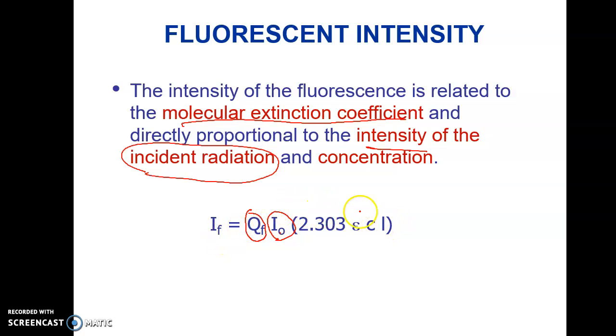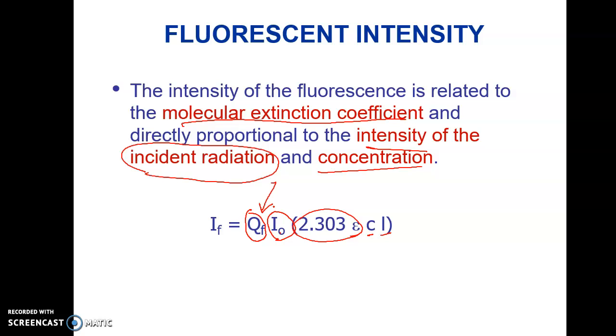But we also have the same parameters, concentration and path length, and then the factor with epsilon. Usually the intensity for the fluorescent can be easily calculated when we have the quantum yield over here. You can look at the quantum yield for each fluorescing compound in the textbook, whereby it has been tabulated for you to use